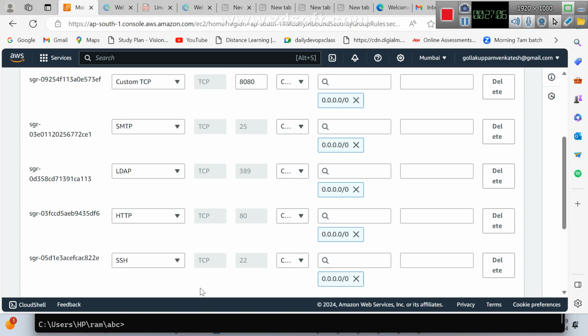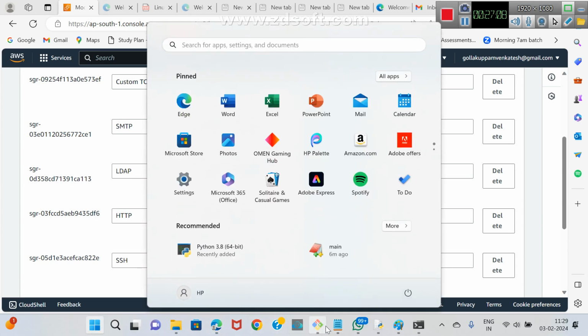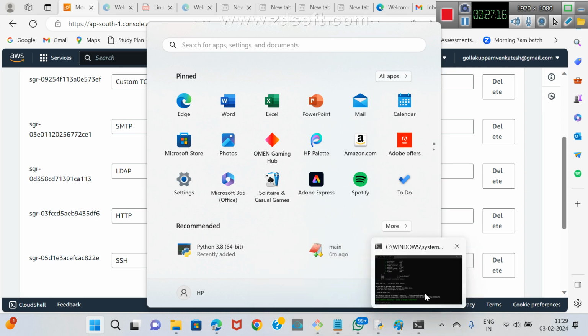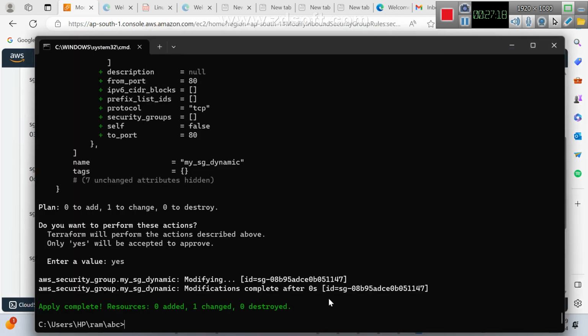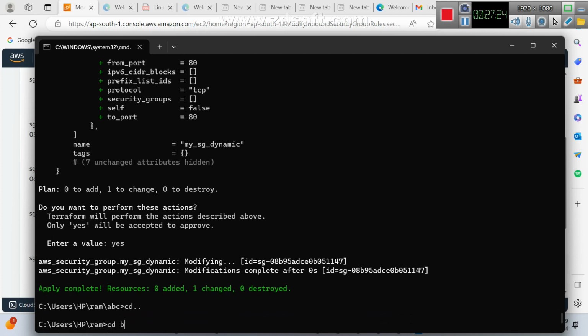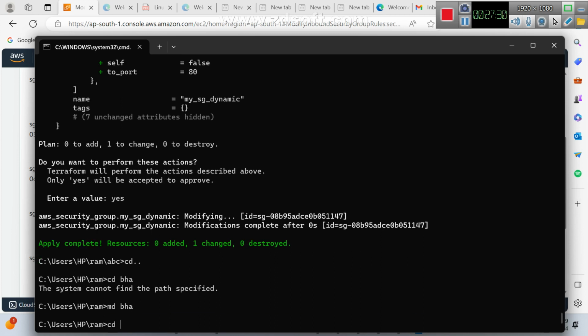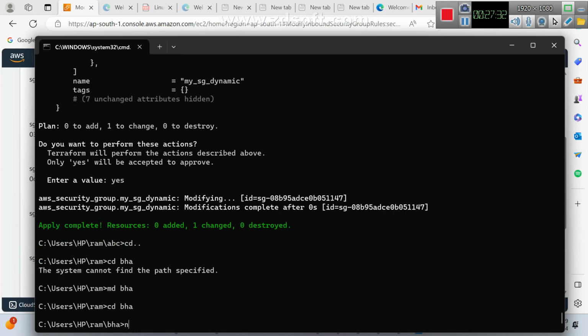First of all, try to create one VPC. You know how to create a VPC? Bhargav, please guide me how to create our own VPC. MD BHA, CD BHA.